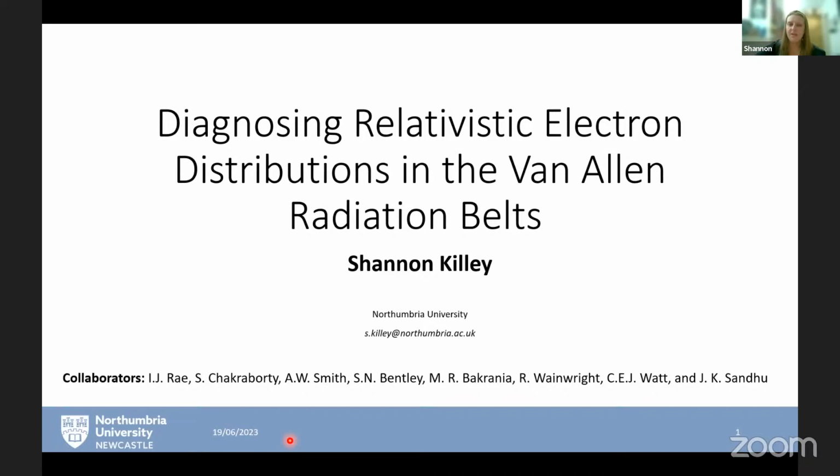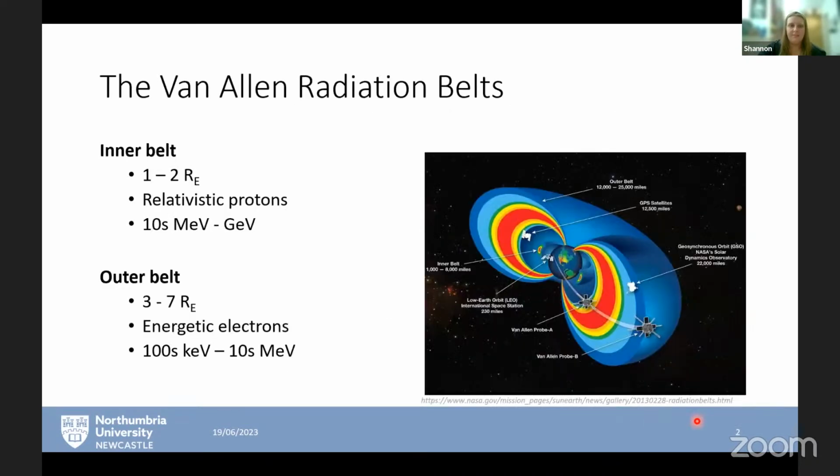using machine learning. So to start with, the Van Allen belts are these toroidal plasma regions that surround the Earth. There are typically two belts, simply named the inner and the outer belt. The inner belt lies approximately 1 to 2 Earth radii and is predominantly populated by relativistic protons with energies in the ranges of tens of megaelectron volts to gigaelectron volts. Our outer belt lies at approximately 3 Earth radii and can extend all the way up until 7. It is predominantly populated by energetic electrons with energies in the range of hundreds of kiloelectron volts to tens